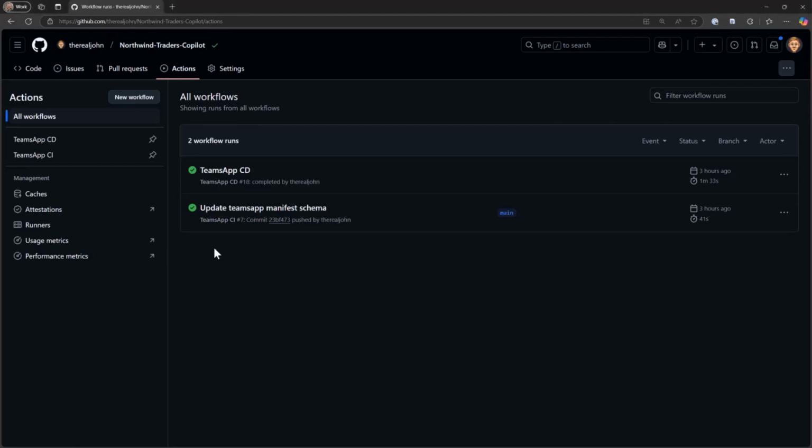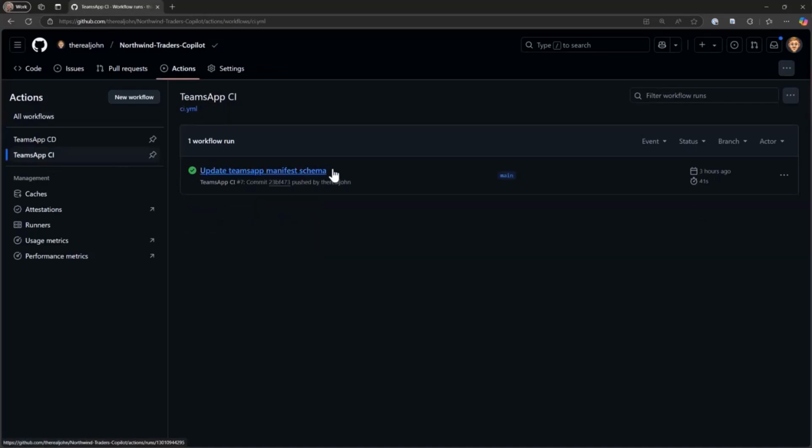Once I push those files, GitHub automatically picks these things up. Here's the CI run. You can see I did a push a little while ago just to make sure things were going to be smooth for you. But I will let you know that I had many failed attempts before this, and I hid those so you wouldn't laugh at me, because I kept making mistakes in the JSON since I'm still learning.